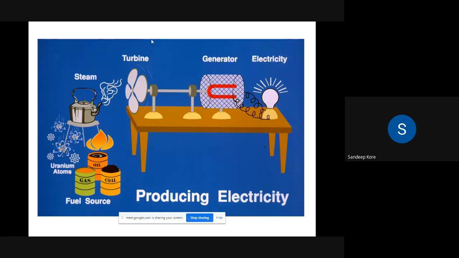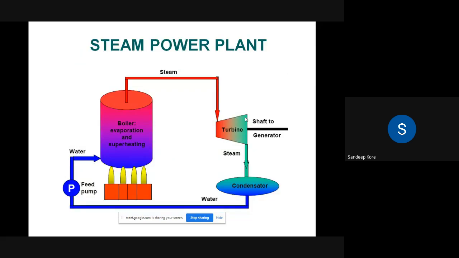So to operate this particular system, we require a cycle, and that is called the vapor power cycle. Simply for generation of electricity from a fuel like coal or gas or oil, when the water or vapor is a working medium, that particular cycle is called the vapor power cycle. Especially it is used for the steam power plants.